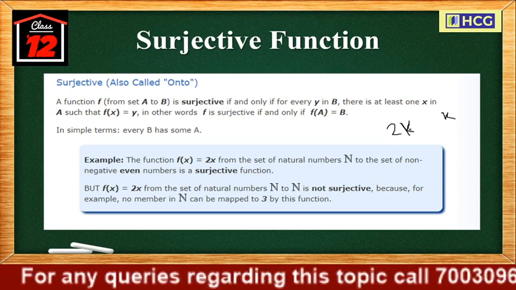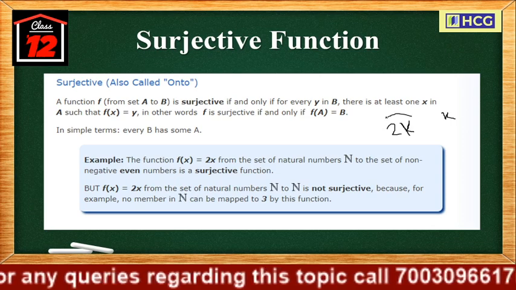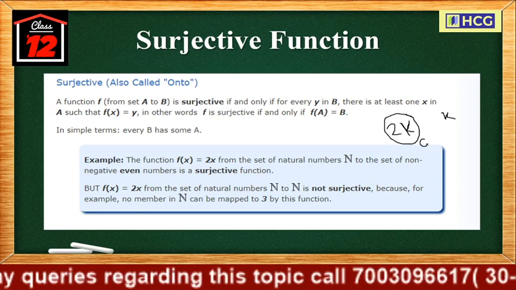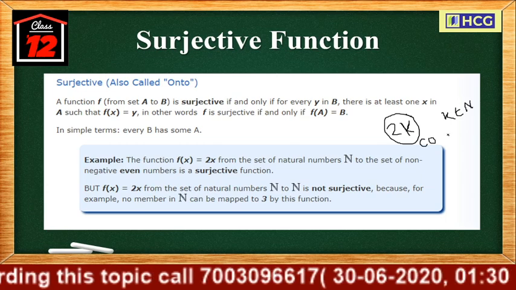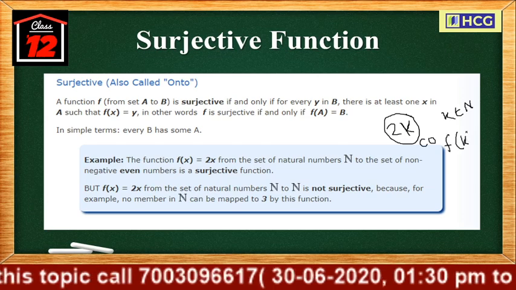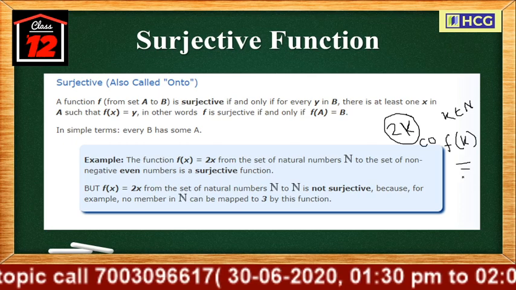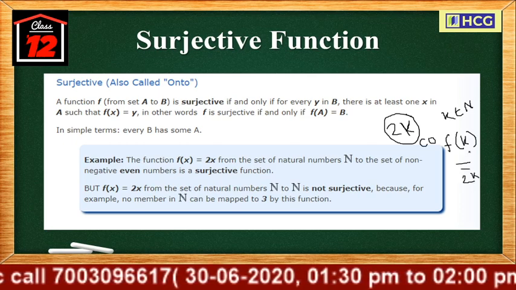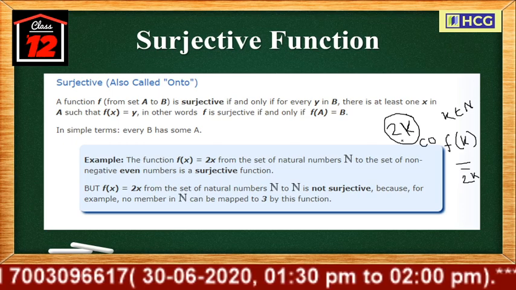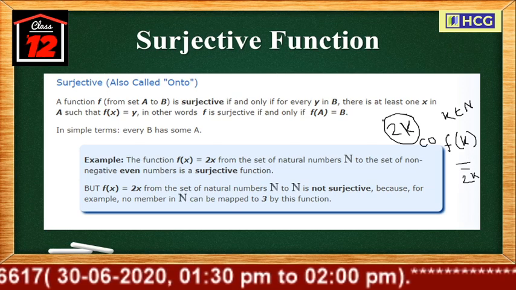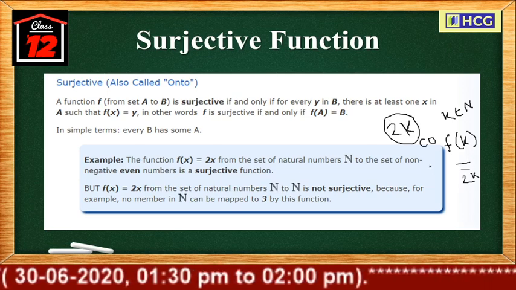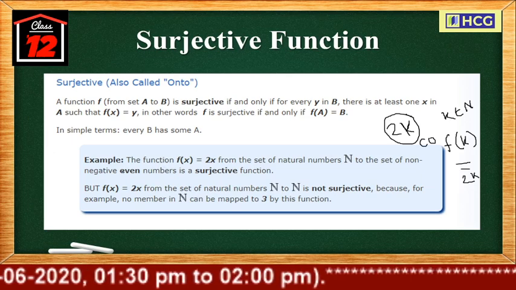Now every element in the codomain set is of the form 2k, where k is a positive integer. A positive integer is also a natural number. So k is a natural number. Now f(k) equals 2k. So therefore, the preimage of the element 2k is k, and this element is an arbitrary element of the codomain set. So therefore, f is a surjective function.